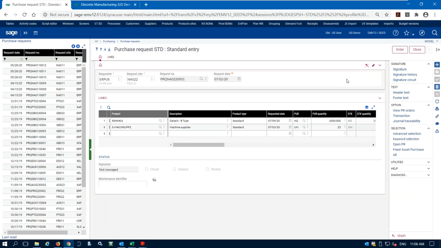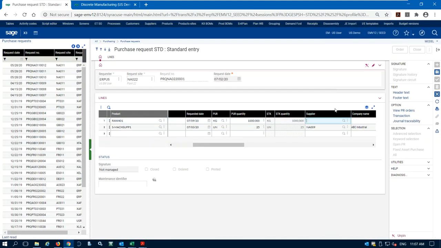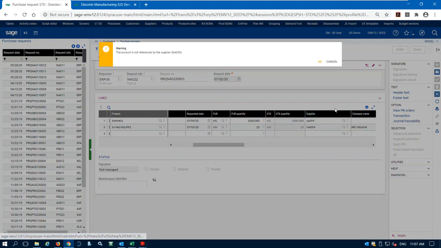and the purchasing manager would be notified, or he'd see this purchase request on his dashboard. He can come and review it, and then he can actually convert this into an order. He could change my quantities, he could change my supplier numbers if he wished, but then we can convert this into a purchase order, or it could be multiple purchase orders, because if your purchasing manager comes in and says, I want to order this from NA059,